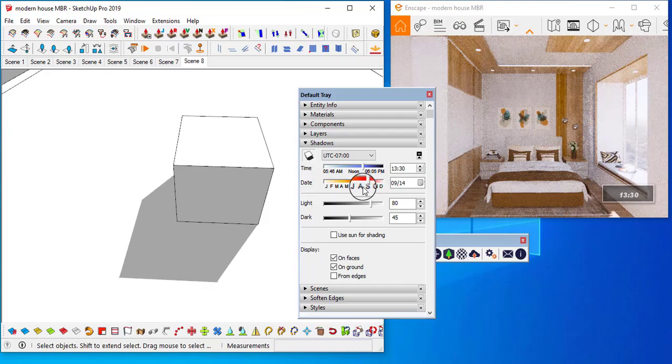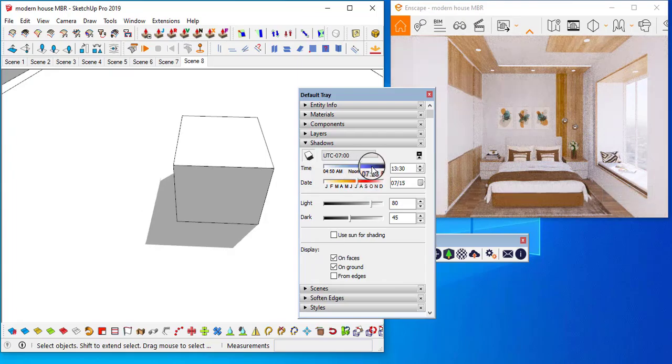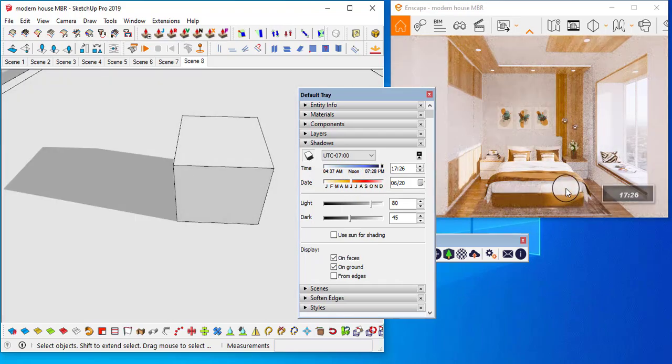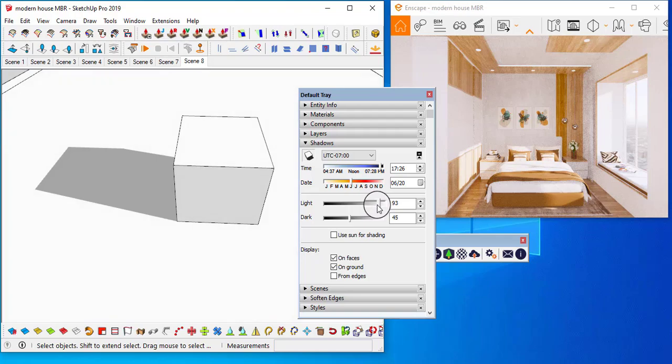See, it is going to come, but not here. So I will adjust this one. See, it is coming here. Now move it. Not this kind of light. Something should pop at the sit out and the bed as well. Just adjust this light.